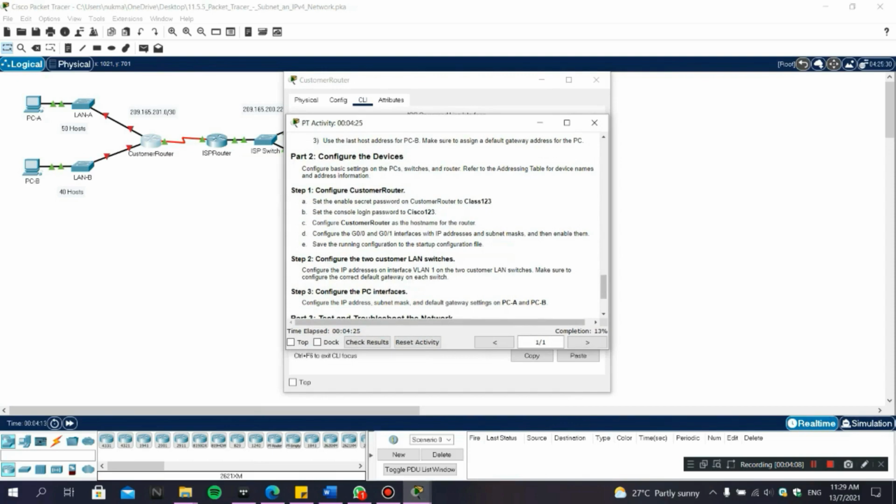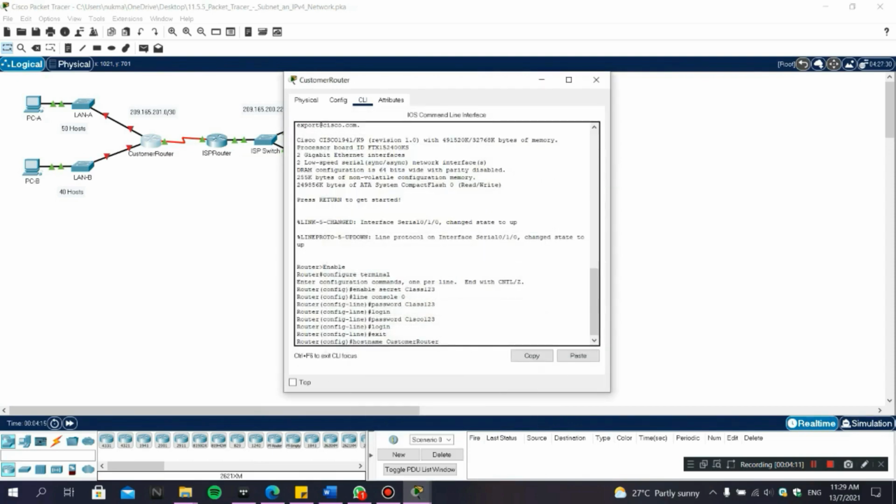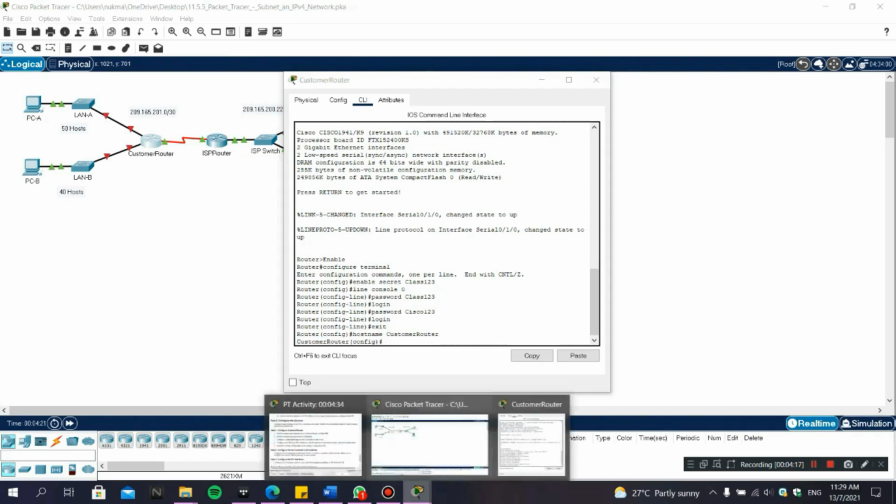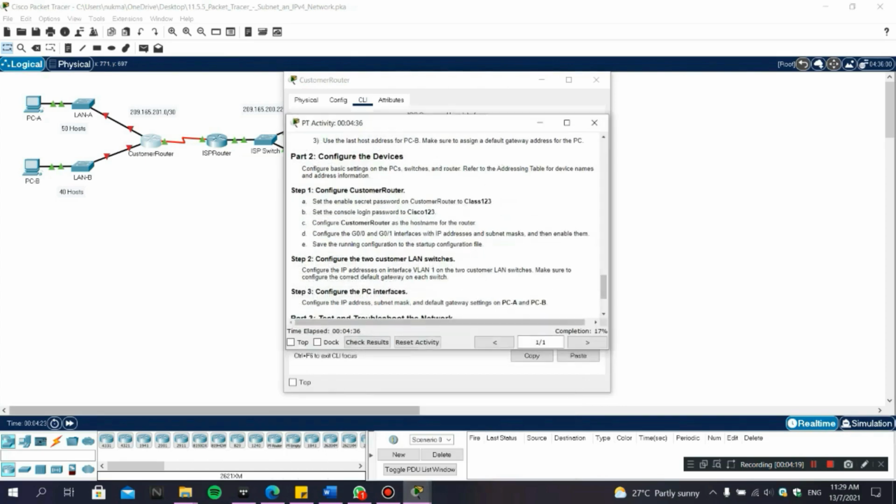Is it correct? Yes, customer router. So after that, as you can see, the router has been changed to the customer router. Basically, the host name for the router is changed to customer router. After that, we go to the next question, which is to configure the G0 and G01 interface with IP addresses